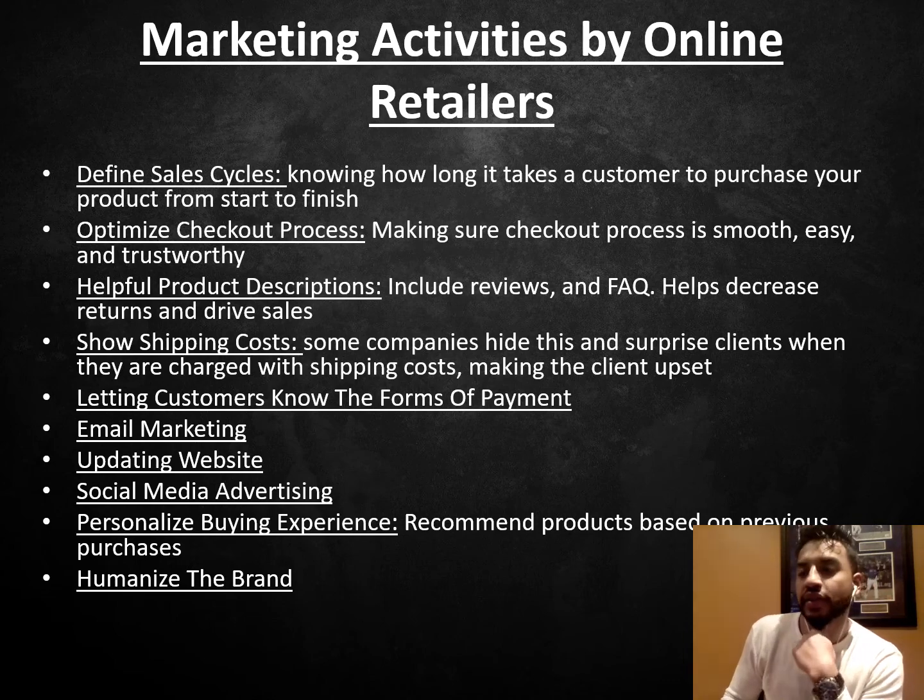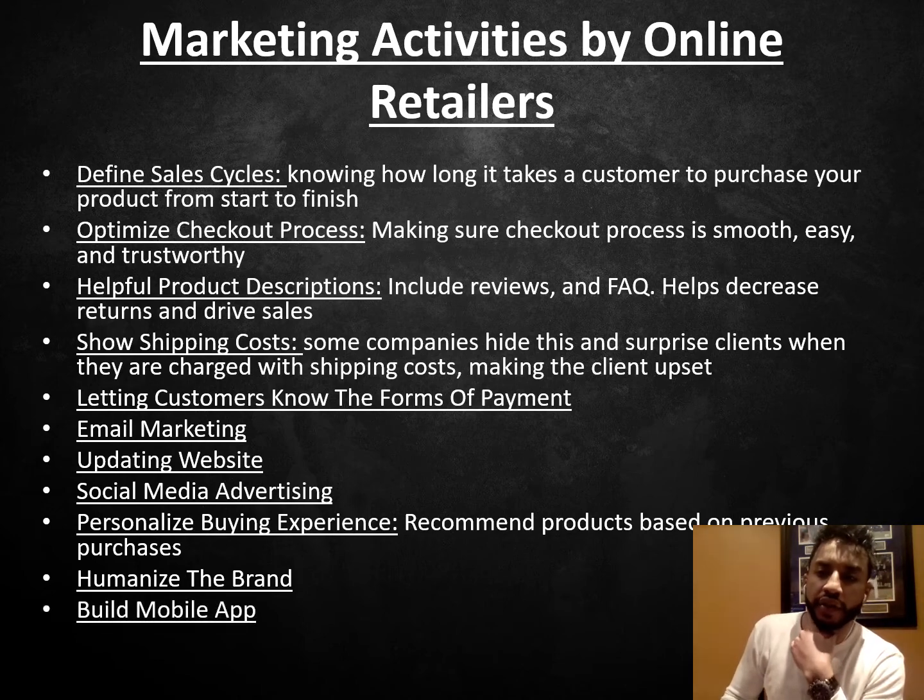Humanize the brand. Amazon does that. Jeff Bezos does a very good job of humanizing the brand, making people emotionally connected to the brand, emotionally connected to what he does. You know, giving a lot of money in charity, buying companies, building. Right now, Amazon is building a home, a shelter for homeless youth, for free. Everything is free for those youth. So very humanized. So Amazon has literally touched on every single one of these points, and people wonder why Amazon is so successful. Look at what they do.